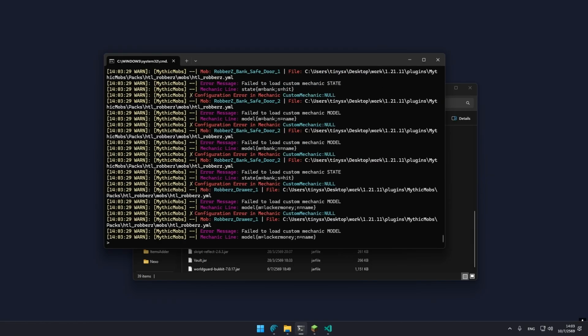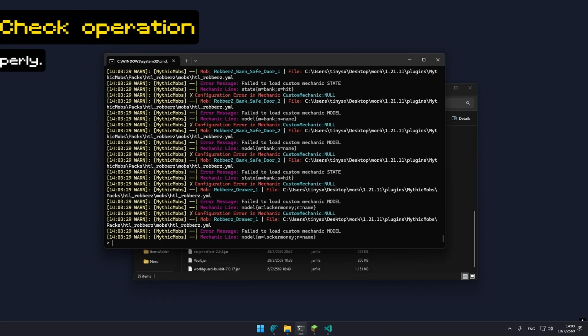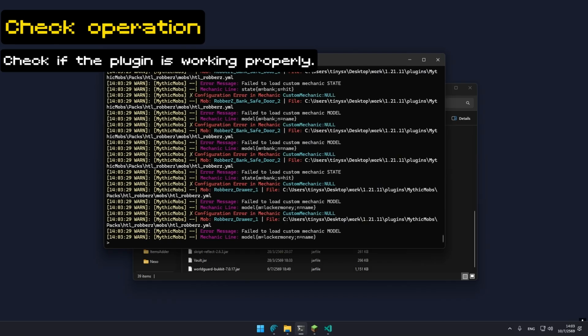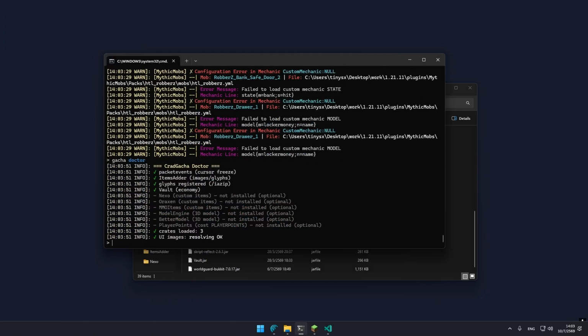After that, I have to do /gacha doctor to check if the plugin is installed successfully or not. If it's showing a correct mark, then that means the plugin is successfully installed. So let's try gacha doctor. As you can see here, it is showing all green, but